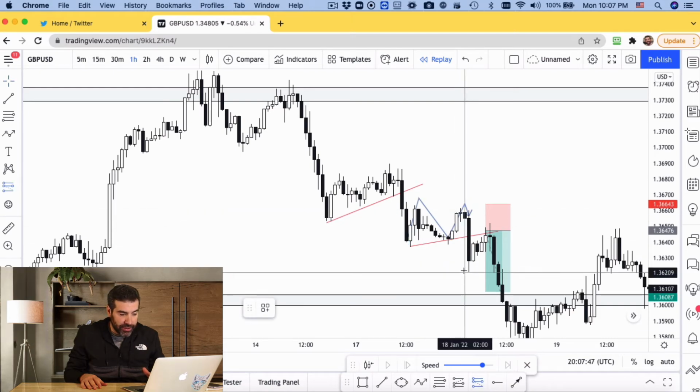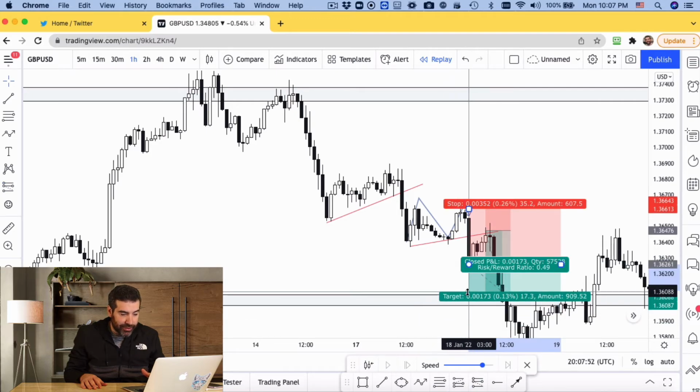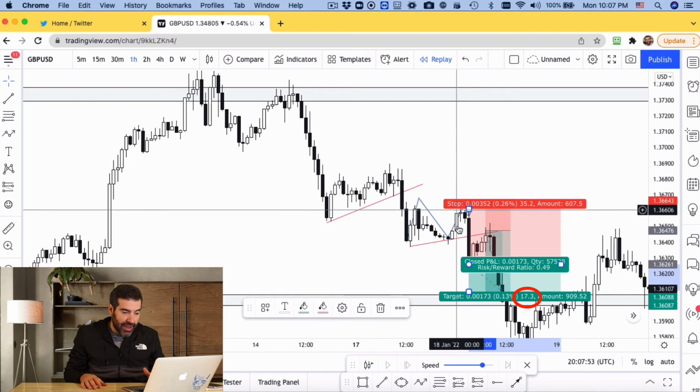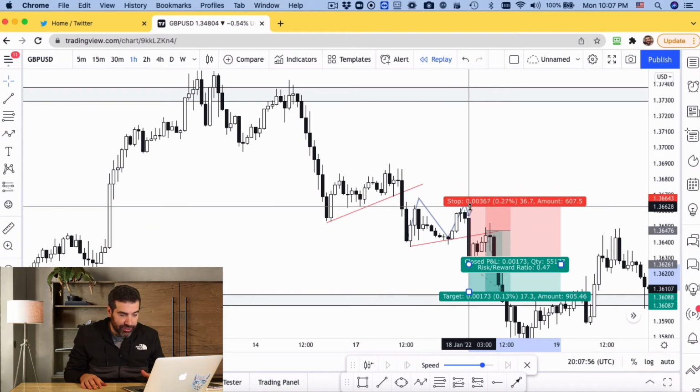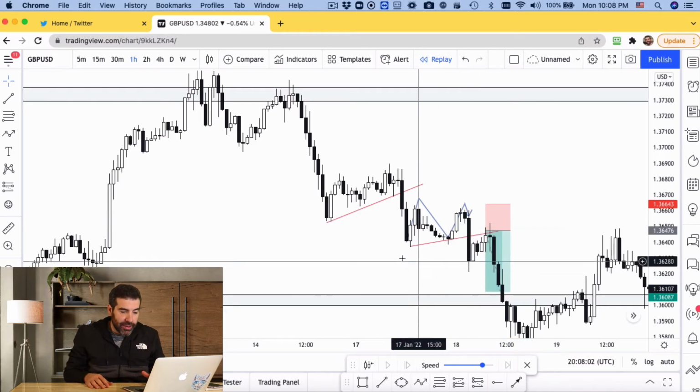So if you would see it over here, it'd be something like, I would only go for about 17 pips and I need to really protect this trade with about 36 pips, which is a terrible risk to reward ratio, and I would never do that. So what I did again